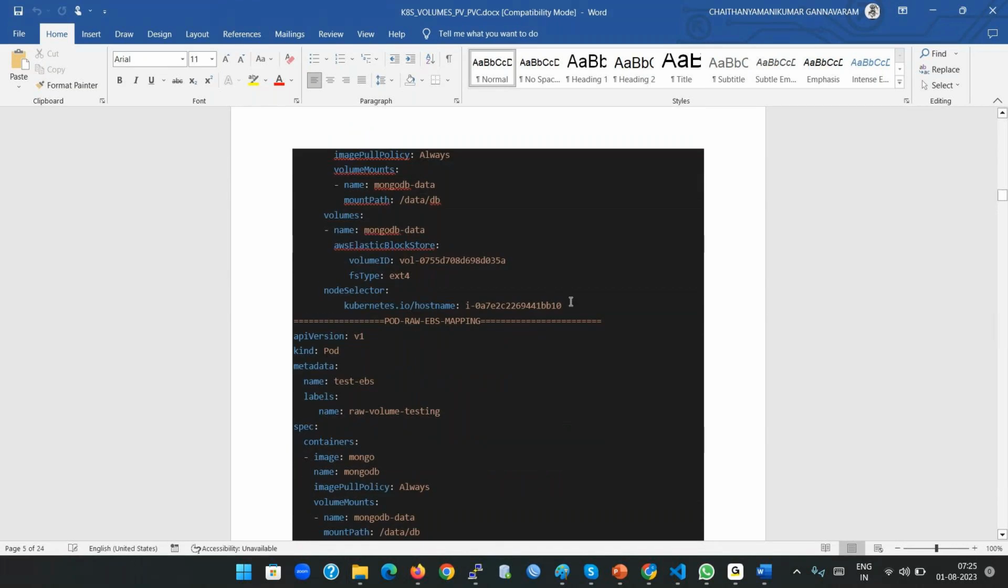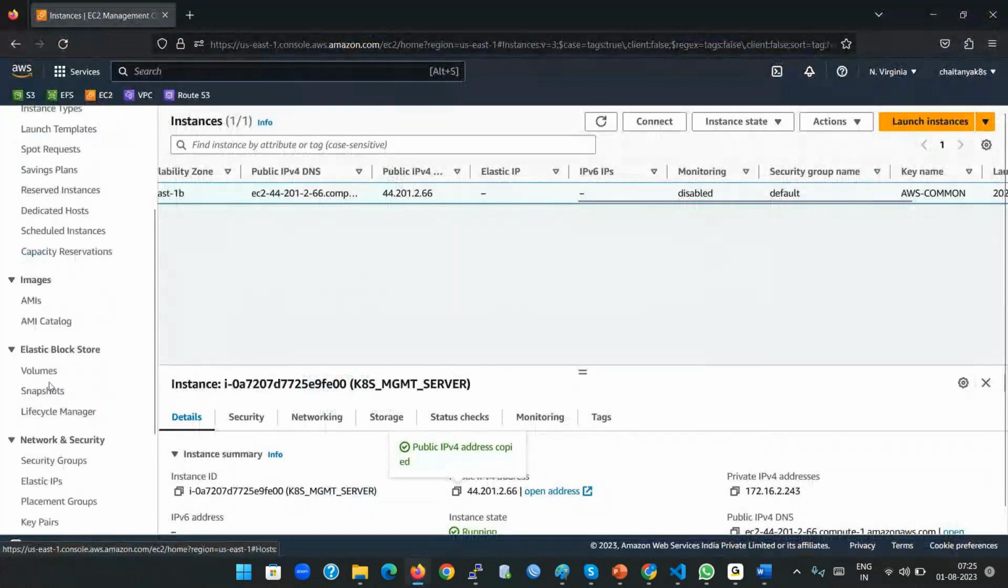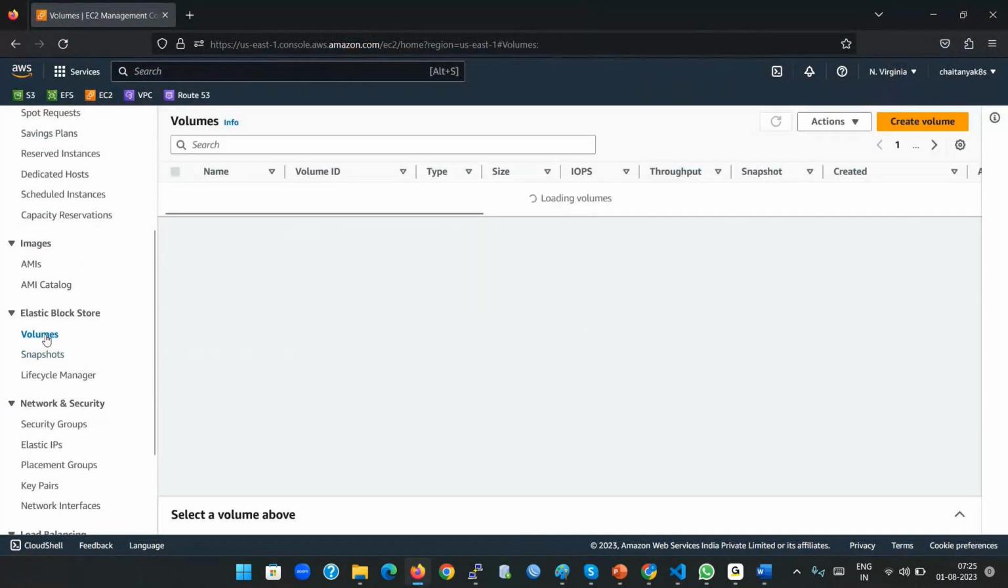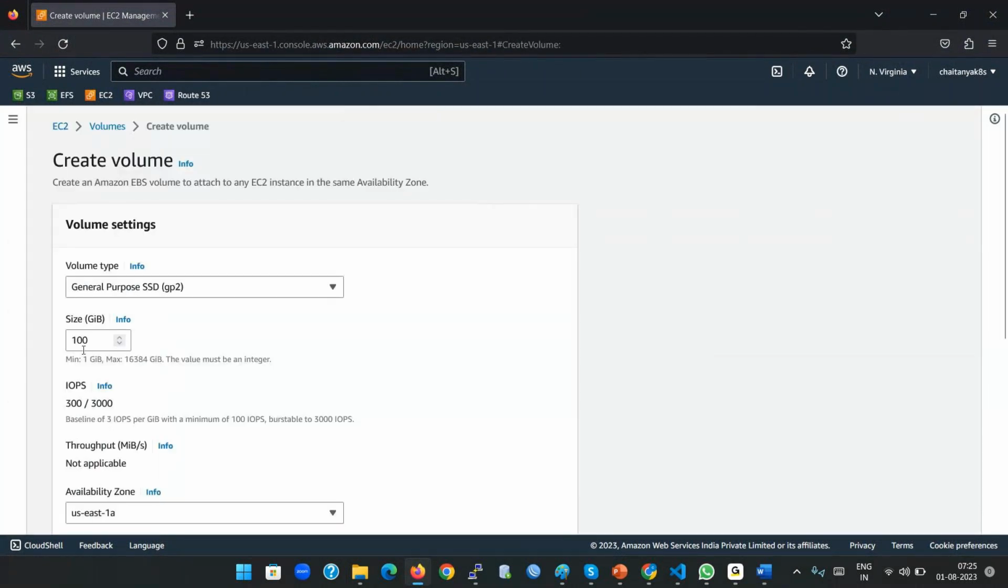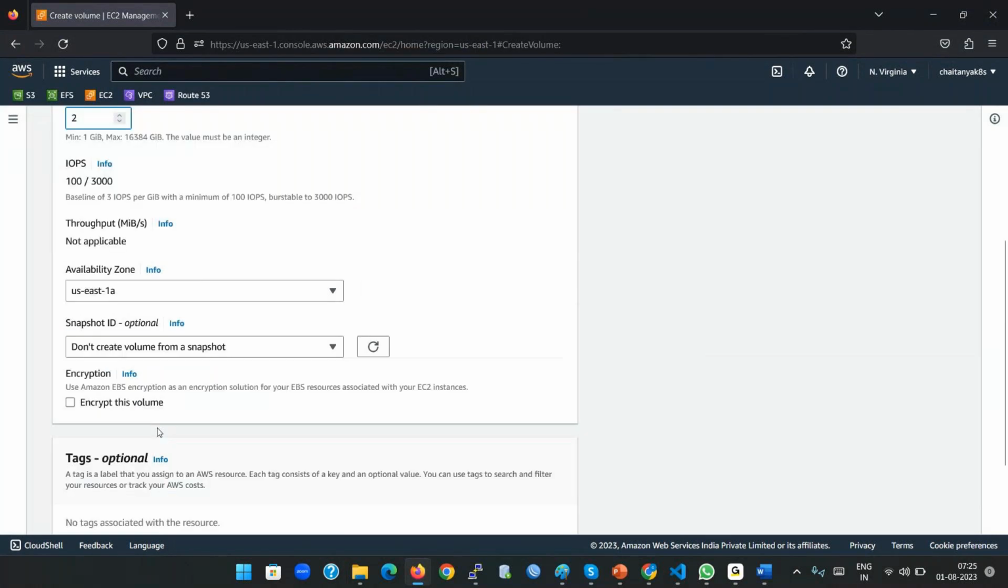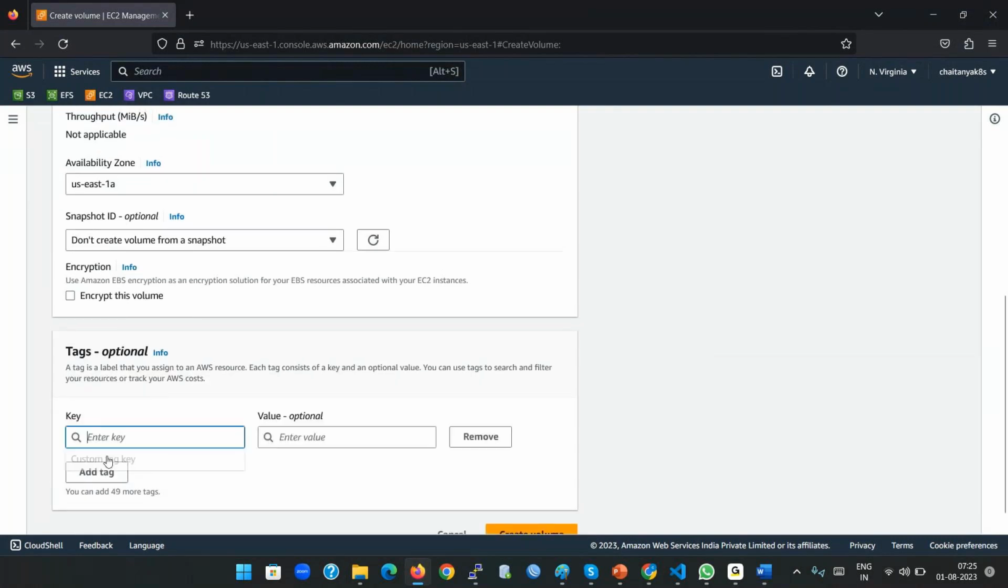So let us create a volume in our AWS. Let us see what happens, and after that, I will discuss the configuration. Create a volume. I just want 2 GB, which is more than enough, or else you can go with 5 GB. Let me go with only 2 GB, 5 is unnecessary. Here I am selecting us-east-1a. And the tag which I am going to provide here is the Name tag,